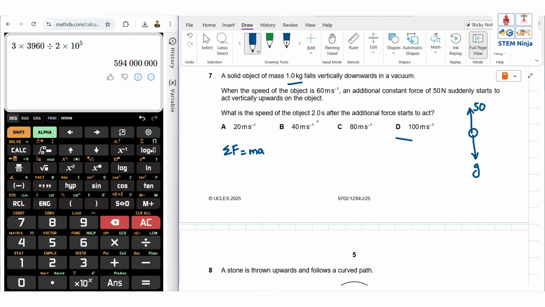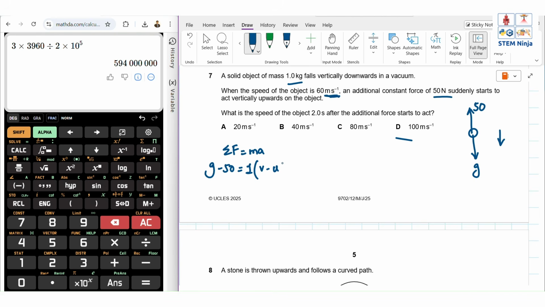So the sum of force is g minus 50 because this is the direction it is still going. M is 1. Acceleration, we can do v minus u because we're talking about change in velocity. This is u now because this is the initial velocity where this force begins to act. So v minus u,